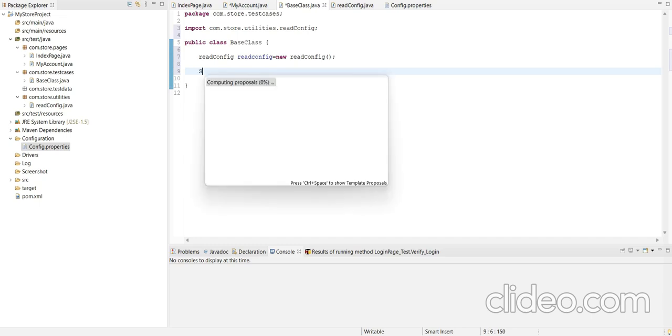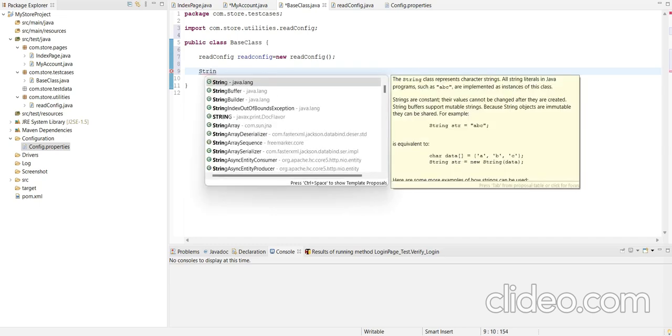And also create the variable to read the value from the ReadConfig class.